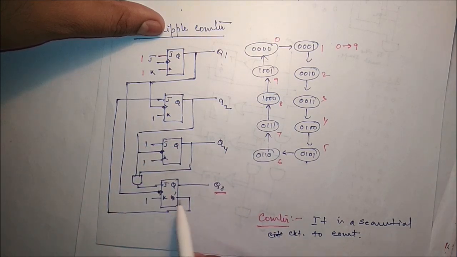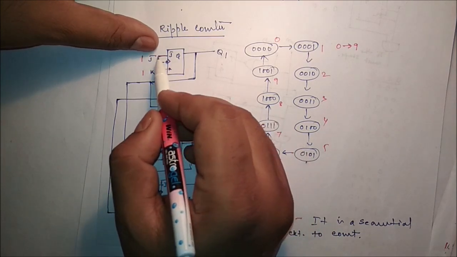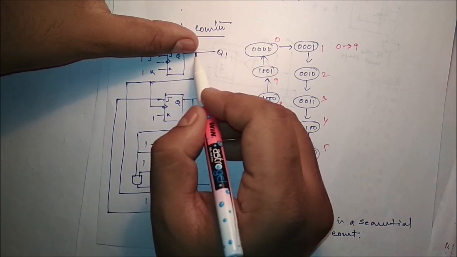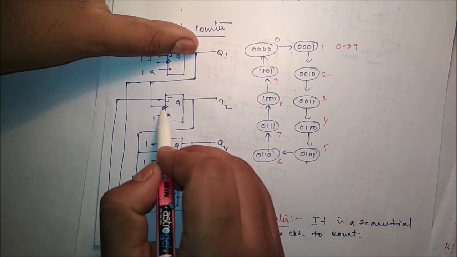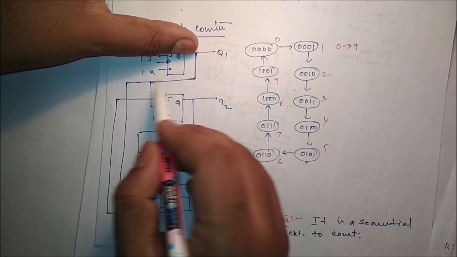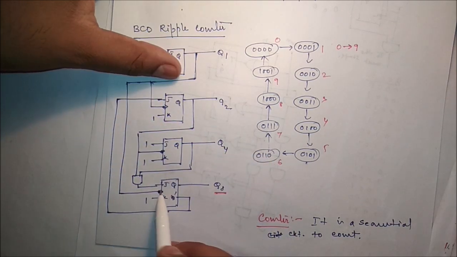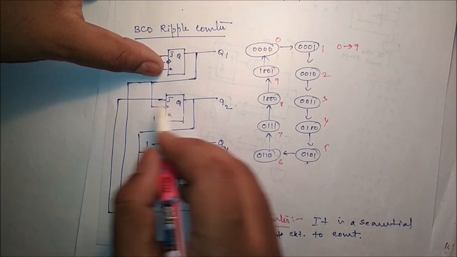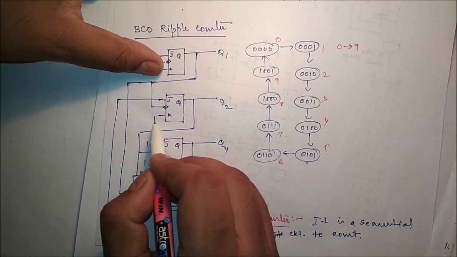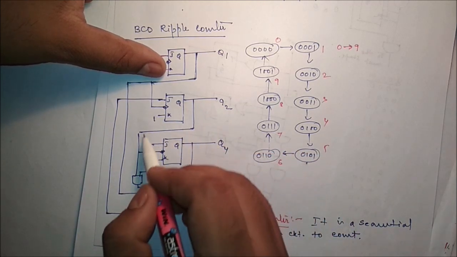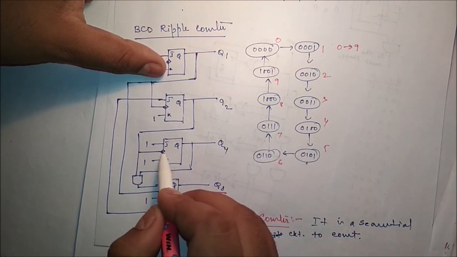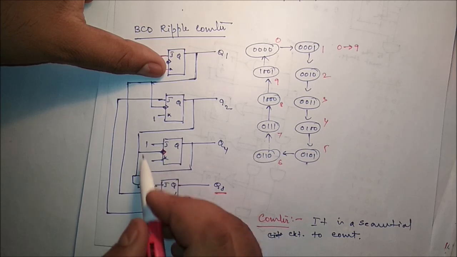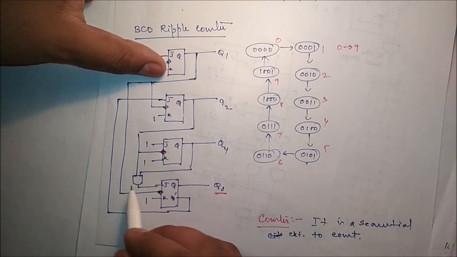The fourth one. Now you can say the input of J and K is 1 1, and the output goes to the trigger of the next flip-flop and the fourth flip-flop. The input of J is nothing but the output of Q dash, and the input of K is always 1. Next, Q2 goes to the next flip-flop trigger, and also to the AND gate.